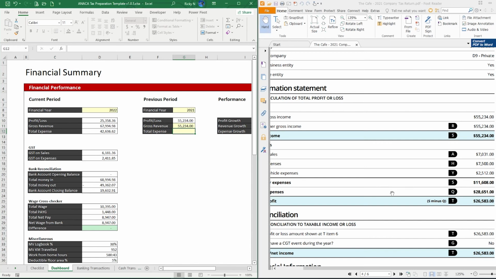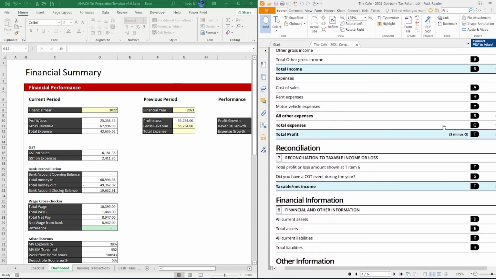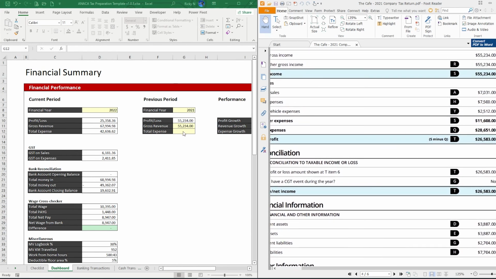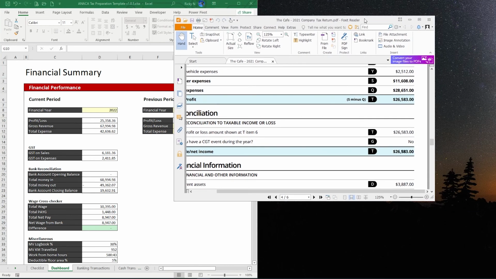And the total expenses, you can see total expenses here of $28,651, and that gives you your profit for the prior year. And if you go down to the profit, it is $26,583, which matches our number here. Great. So that's all the information that we need.